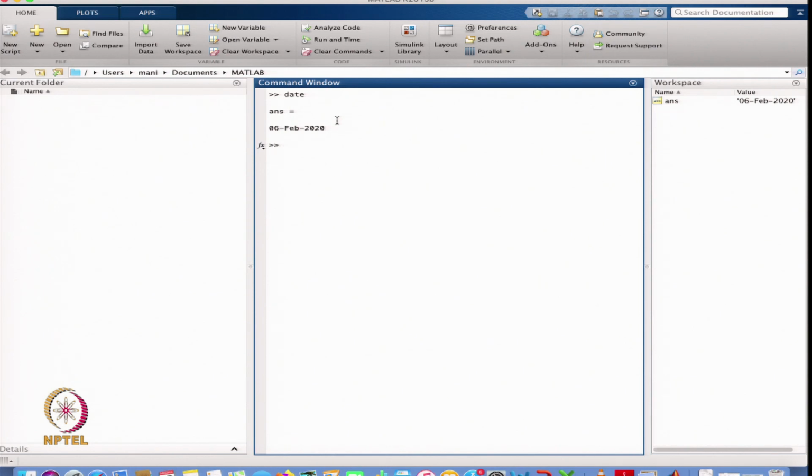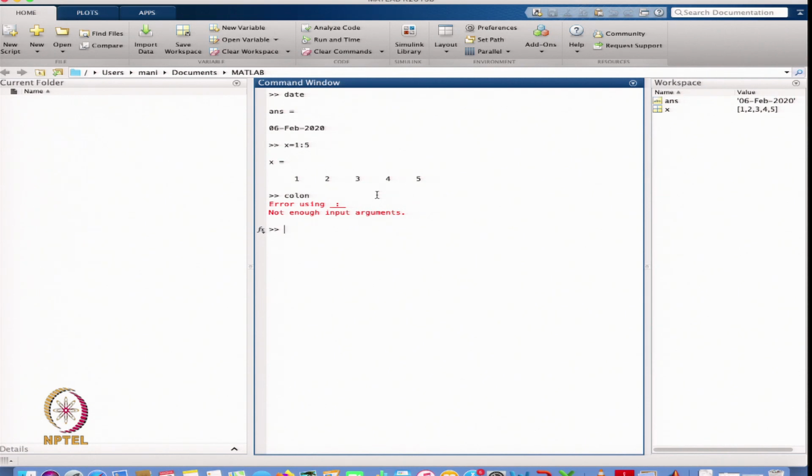Suppose I write the command x = 1:5. This is the colon sign. Whenever I write x = 1:5, it gives you equidistributed points from 1 to 5.